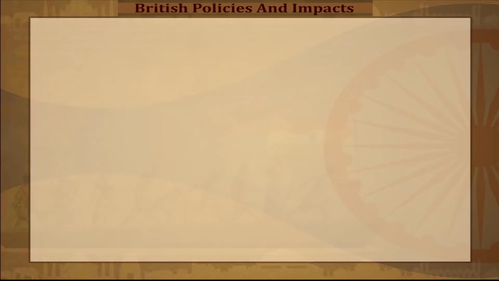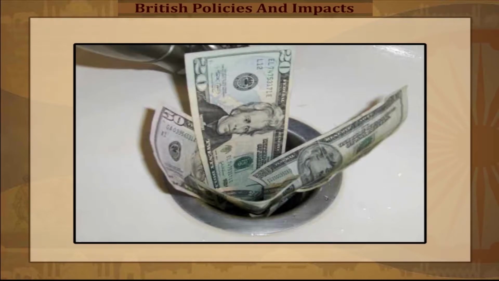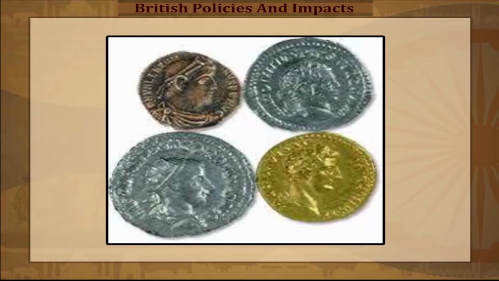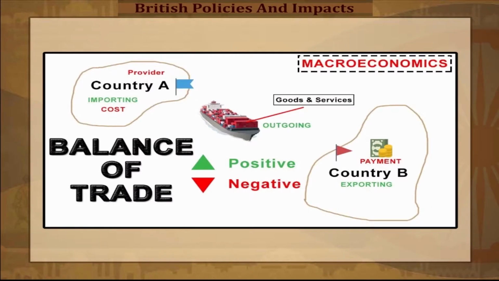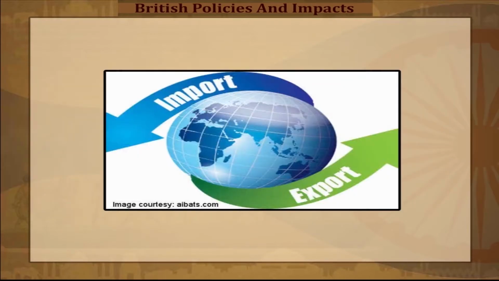Background. In the mercantilist concept, an economic drain takes place if gold or silver flow out of the country as a consequence of an adverse balance of trade. In the 50 years before the Battle of Plassey, the East India Company had imported bullion worth £20 million into India to balance the exports over imports from India.